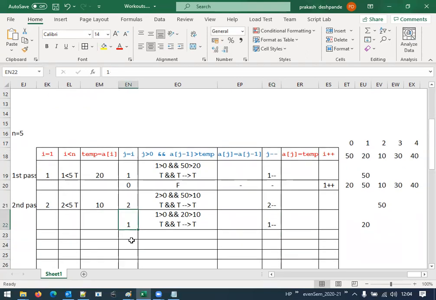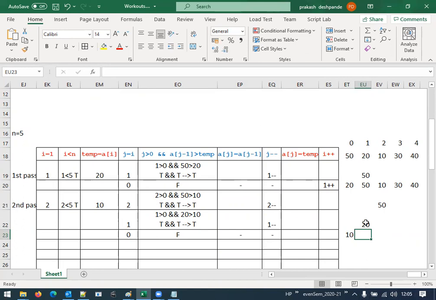So then for the next time, j becomes 0, and here, look again, 0 greater than 0. This is going to be false, and the logical AND will give us the result as a false value. So directly write it as false. Since it becomes false, this particular statement will not be executed. The next one is a of j equal to temp. J is 0 means at this position we need to update temp value. What is temp? 10. So now 10 will be updated.